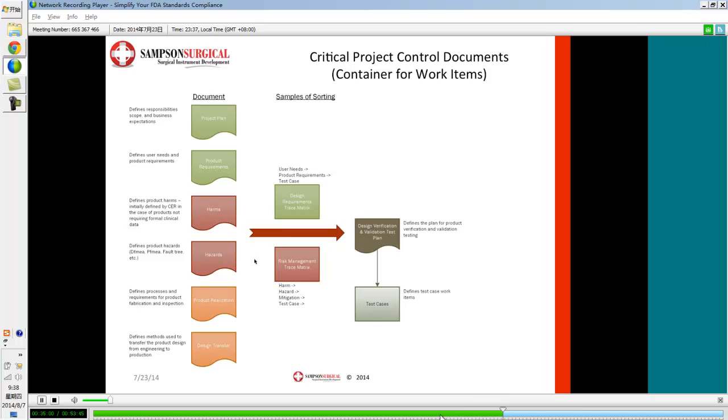And all this is to say that you really want to sit down and think a little bit about what work items land in what documents, or do you want them to land in documents at all? I've seen implementations where people just use the repository, they create the requirement in the repository, and they don't actually live in any documents. I wouldn't recommend that, just because often work items are very much better understood when they're put in context with